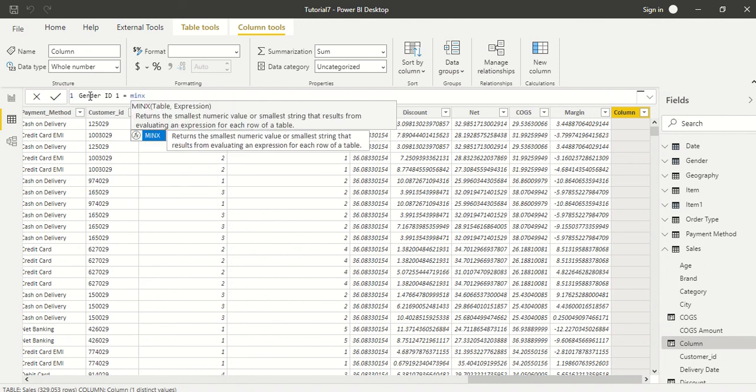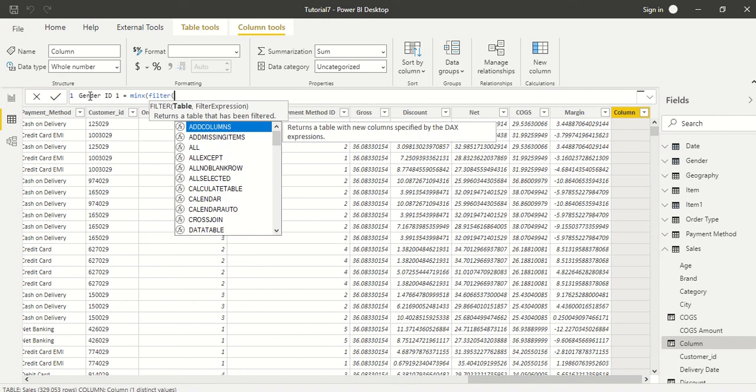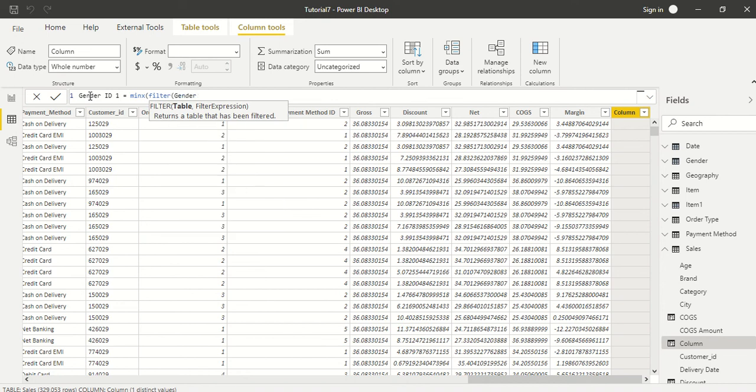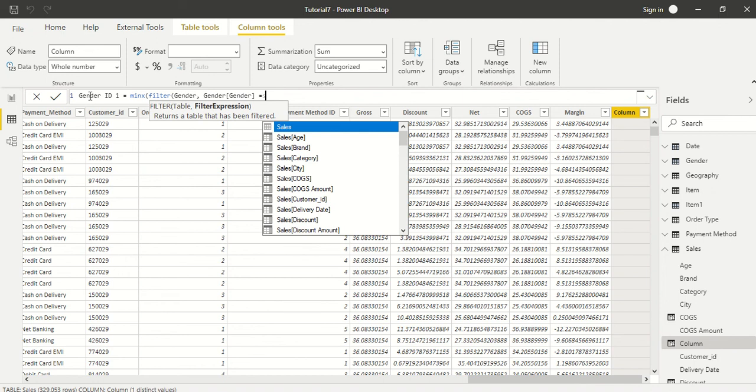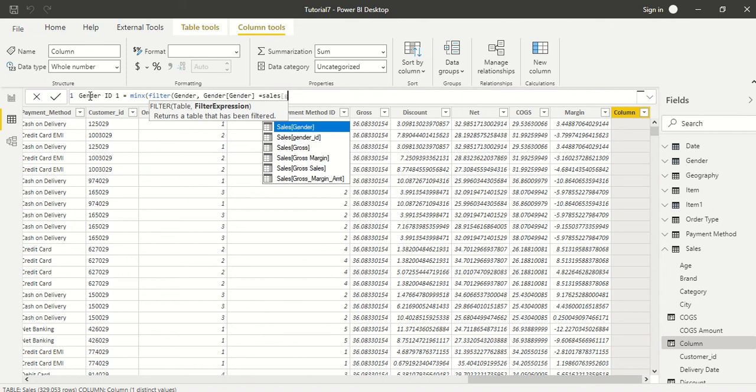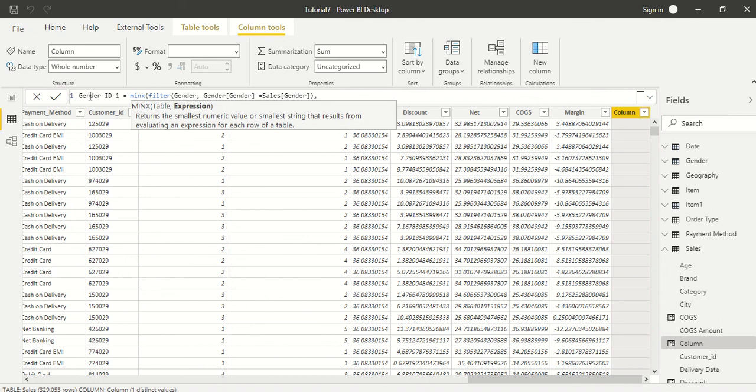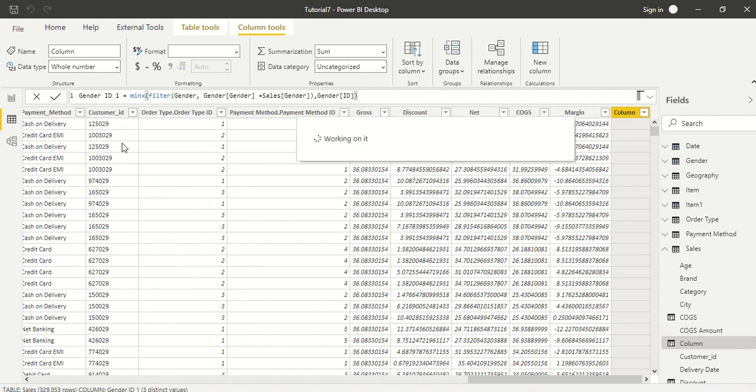So we use MINX, and we say FILTER, and in the filter we want to take the gender table, where Gender[Gender] is equal to Sales[Gender], and then bring us the gender ID from the gender table. So the table which you are filtering is the table from where you have to bring the final ID, and we are taking MIN, so only one ID can come. We could have used LOOKUPVALUE also.